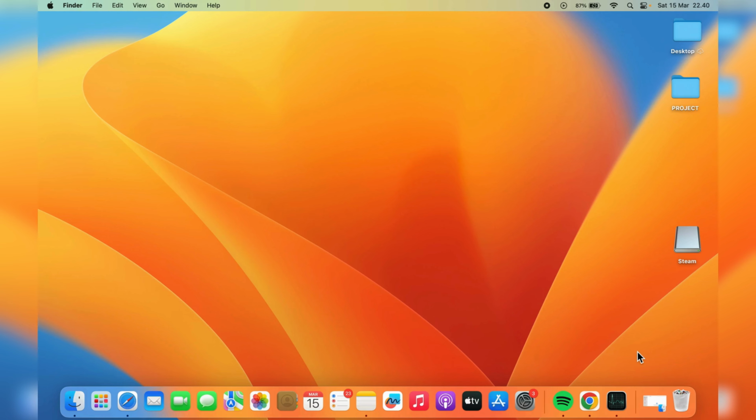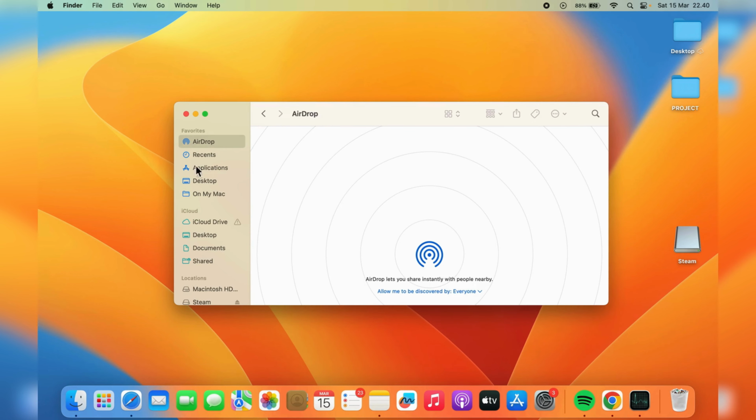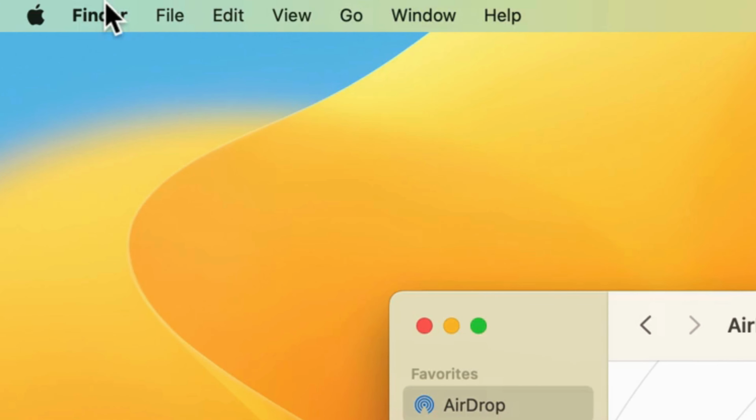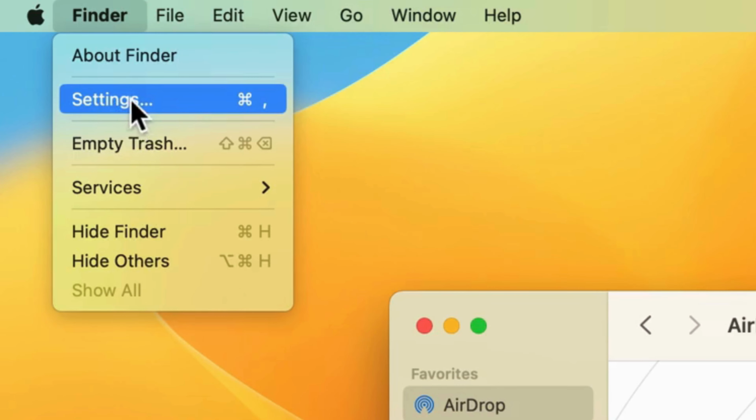How to get download folder back on dock. So first thing, you want to go to your Finder at the bottom left of your screen right here. And then if you don't find downloads on your favorites right here on your Finder, what you want to do is you want to go to your top left of the screen and then click on Finder, the name, and